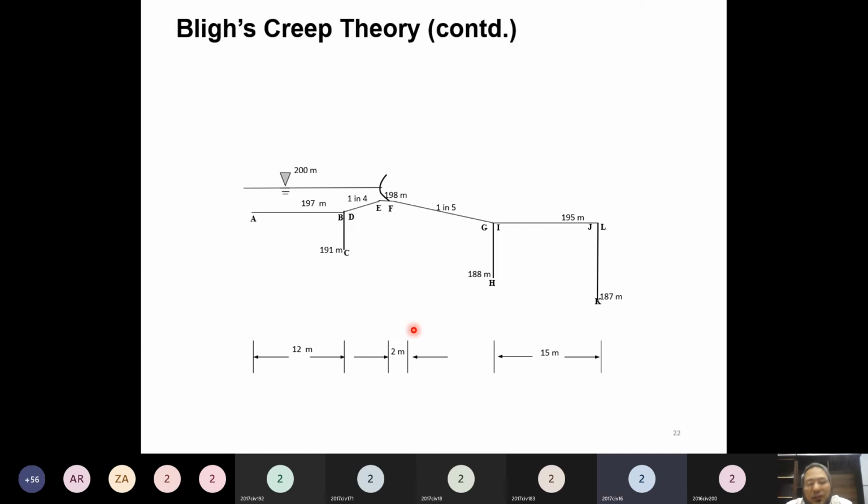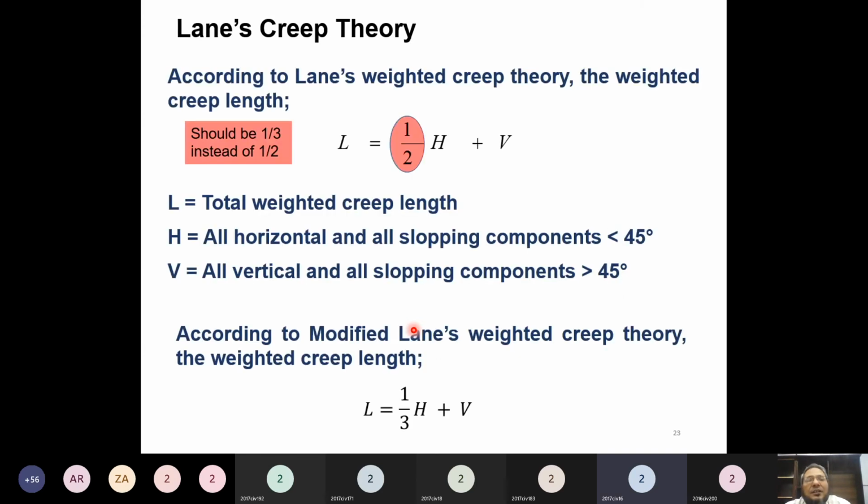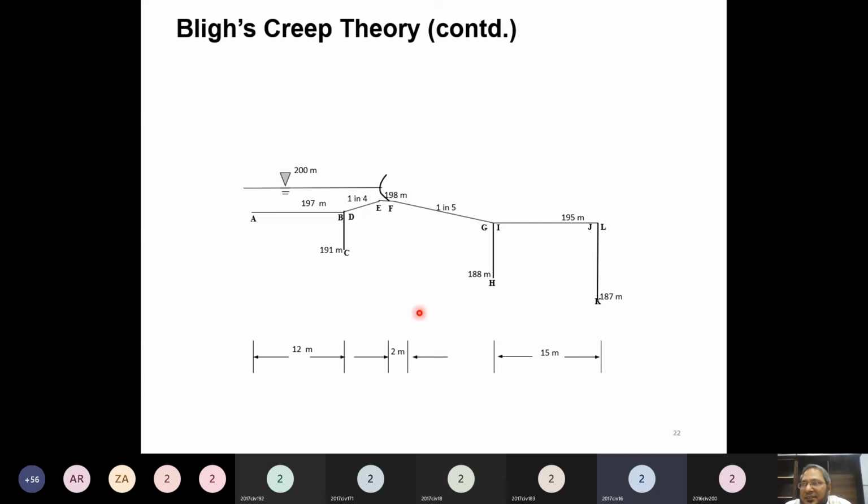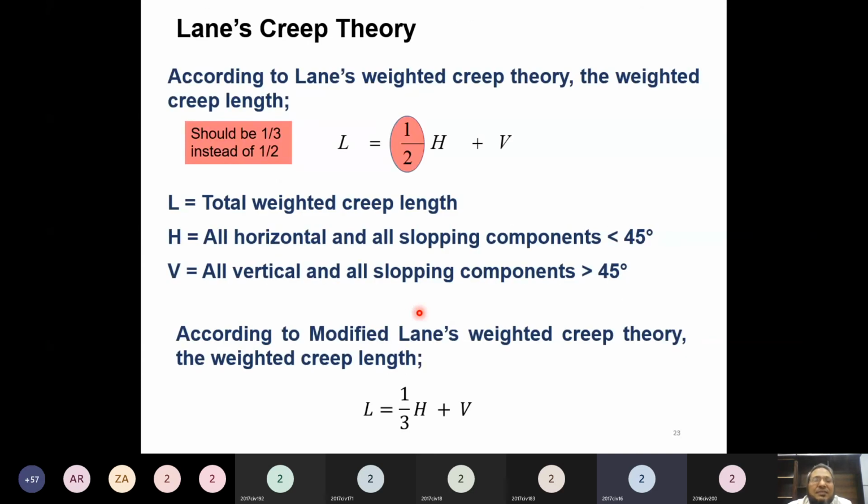Okay, so this was all about the Bligh's creep theory. Now come to the next theory. What is the name of this theory? Lane's creep theory. यह उसके बाद में develop हुई है।